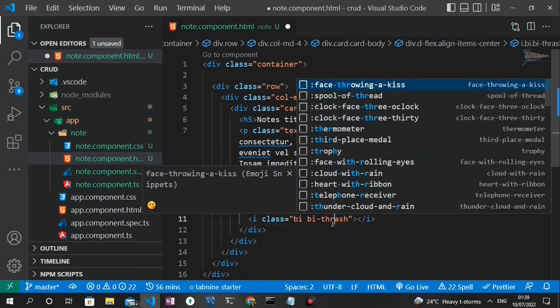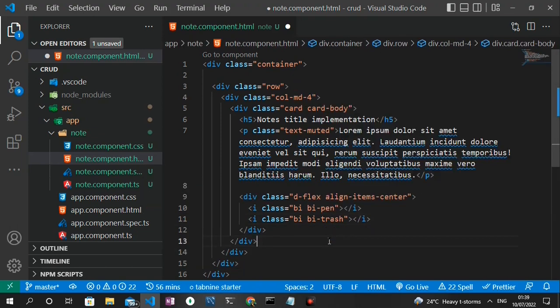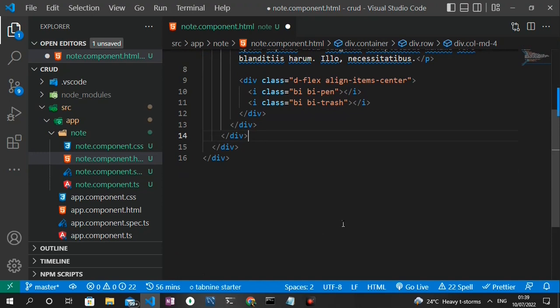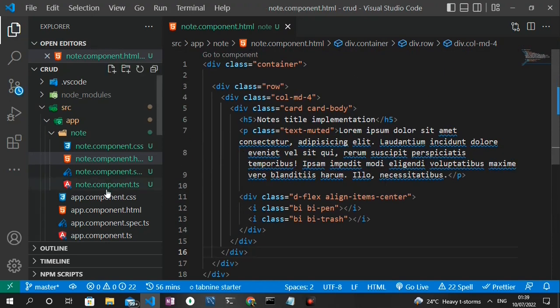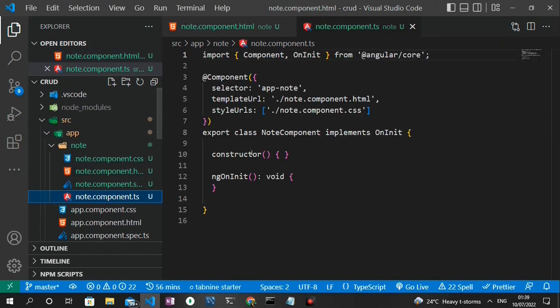The trash doesn't have an h. I'm going to remove the h. So for now I need to save and see how the page looks. So I'm going to save, and then since we don't have router implemented, what I'm going to do is to